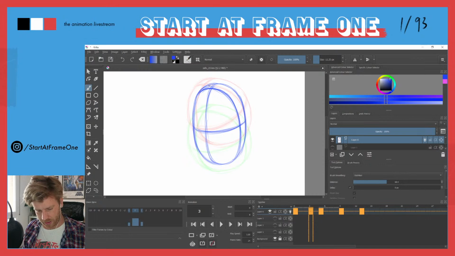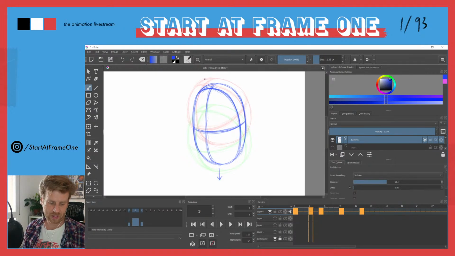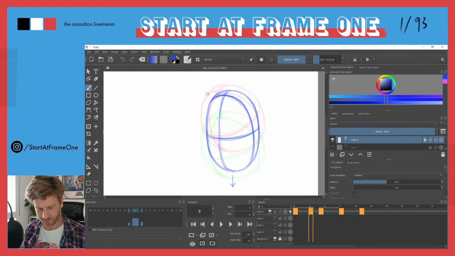I imagine like this is the upper part, this is the lower part. The lower part is stretching the rest of the ball because it's moving. This part wants to go down, but the part up here is still dragging behind, and